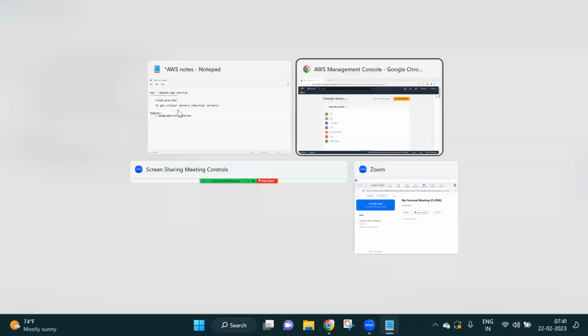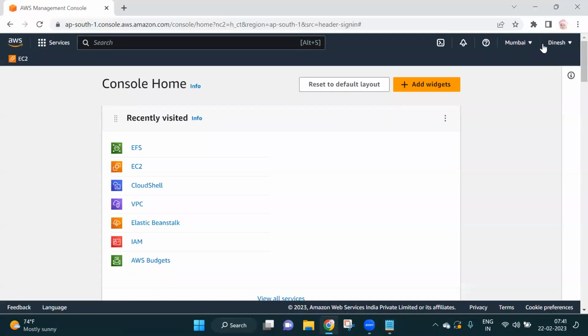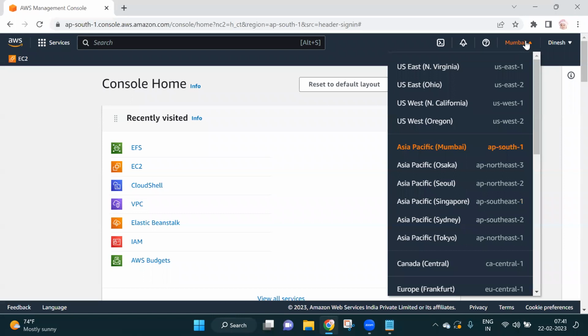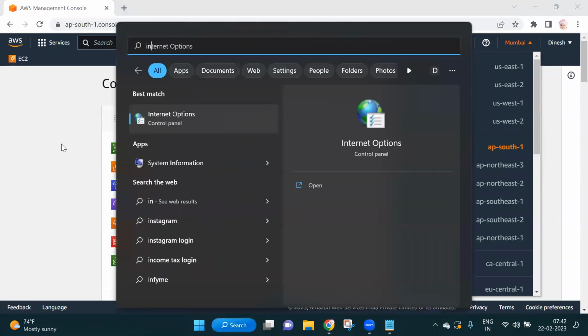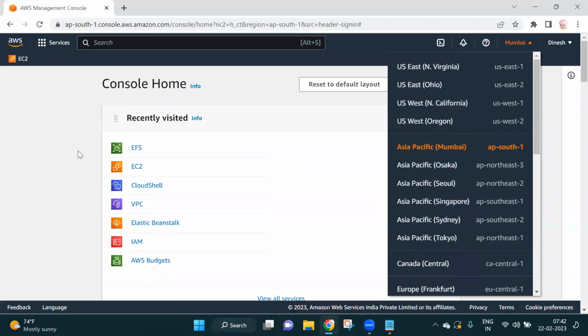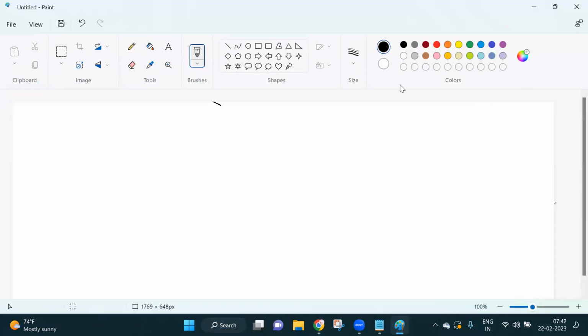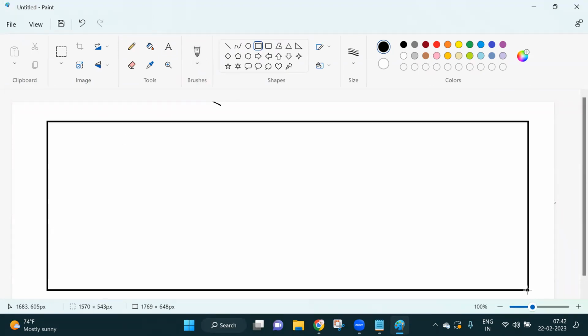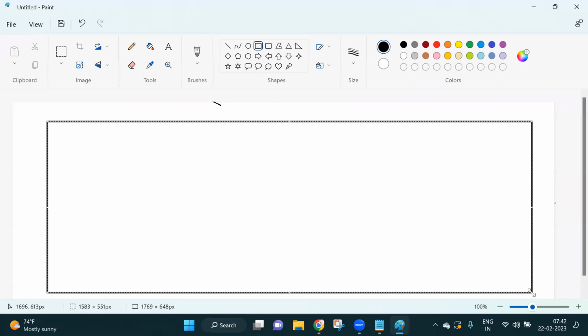So they have many regions in the world, like Mumbai, Asia Pacific, Canada, Europe, US West, like that. I will tell you. Consider this as the complete world.